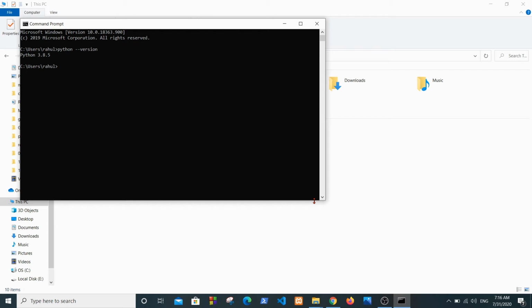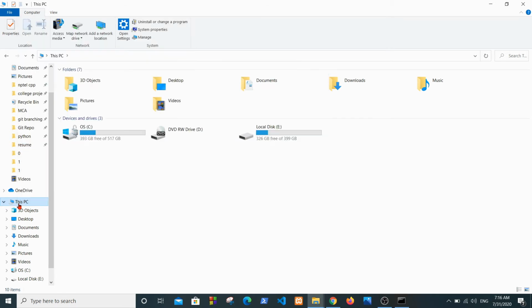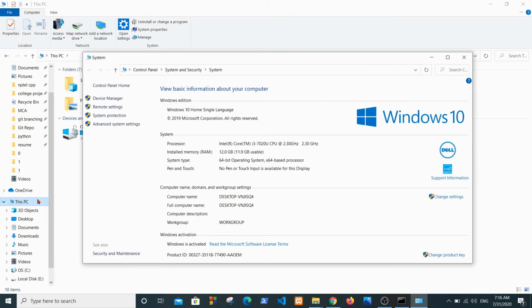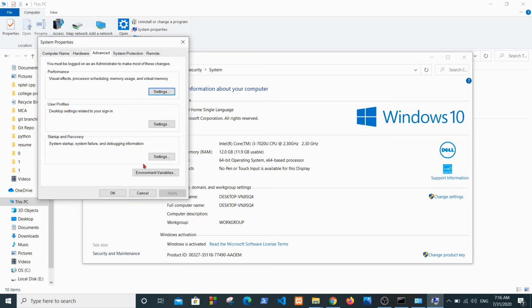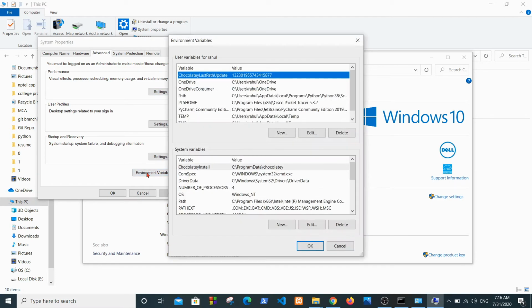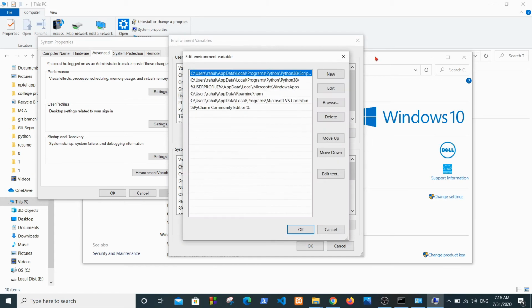Okay, so for that you have to go to my computer, right click, go to properties, go to advanced system settings, then click on environment variables, click on this path and click on new. So here you have to copy paste the path where you installed the Python.